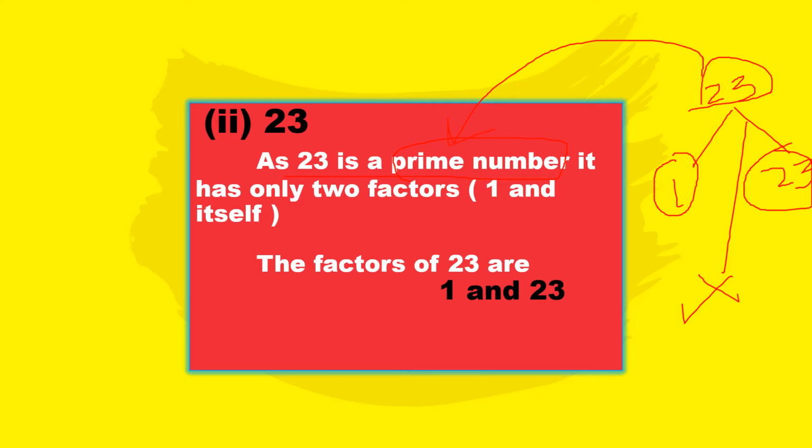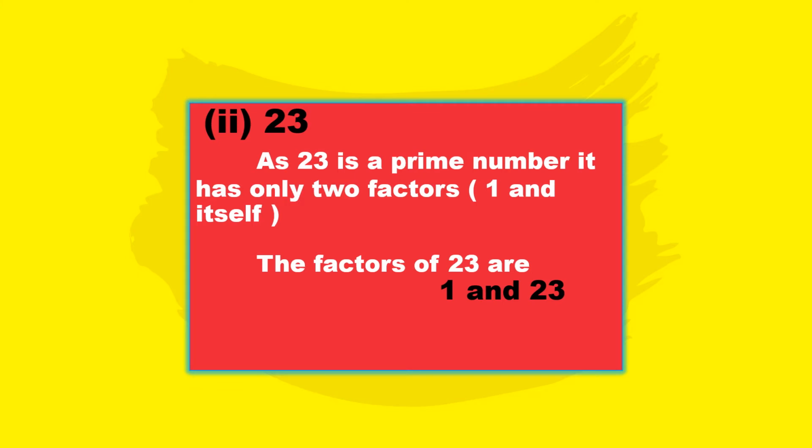Okay, this also I gave in one video, what are prime numbers and what are composite numbers. So this also I'll provide in the description. Please follow that link. So it has two factors. Anyhow, 23 is a prime number. If you know it, you can directly write 1 and 23 as the factors. If it is a prime number, suppose like 41 if we give, you can directly write that as it is a prime number, the factors will be 1 and 41 itself, 43, 41, whatever it is. Okay, so let us go to the next problem.